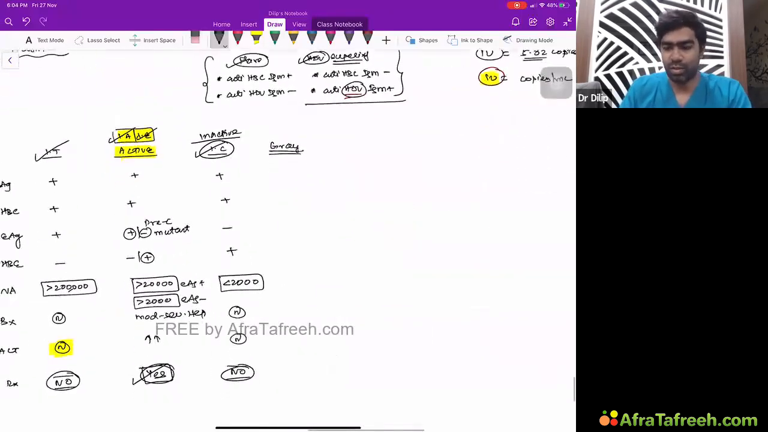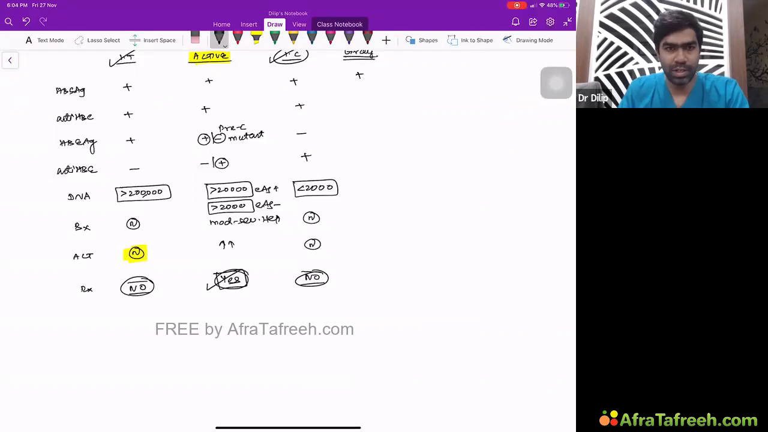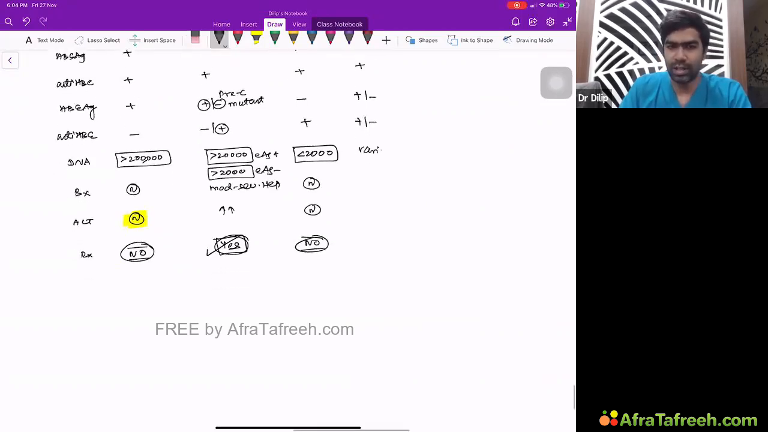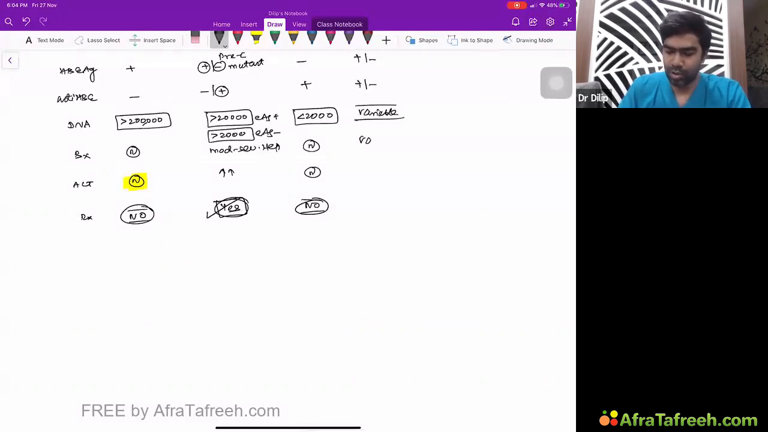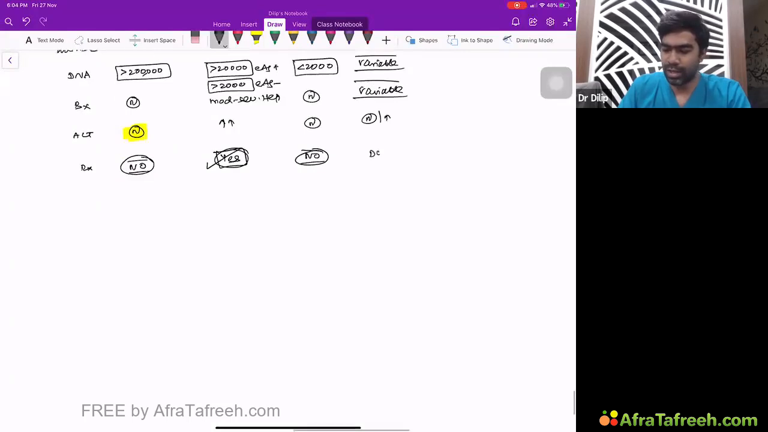In a gray zone, there will be evidence of chronic hepatitis B, like anti-HBc will be positive and HBsAg will be positive, and HBeAg can be positive or negative, doesn't matter. And anti-HBe will be positive or negative, doesn't matter. The DNA levels will be highly variable. Biopsy also will be variable here, and ALT can be normal or elevated. But here the treatment will be highly dependent on